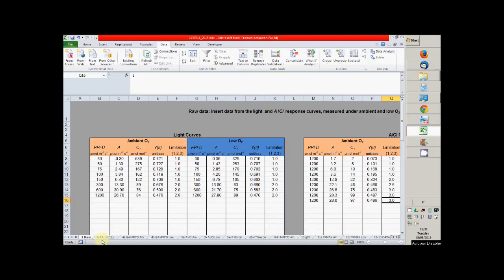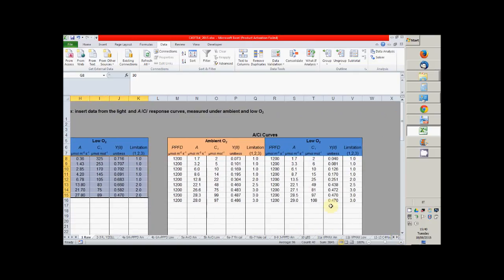In the first sheet called raw data are entered. Here we have two tables. The first one is for light curves and the second one is for ACI curves, and in particular we can enter here the light curve measured under ambient oxygen and the light curve measured under low oxygen, and similarly we can enter the ACI curve measured under ambient oxygen and the ACI curve measured under low oxygen